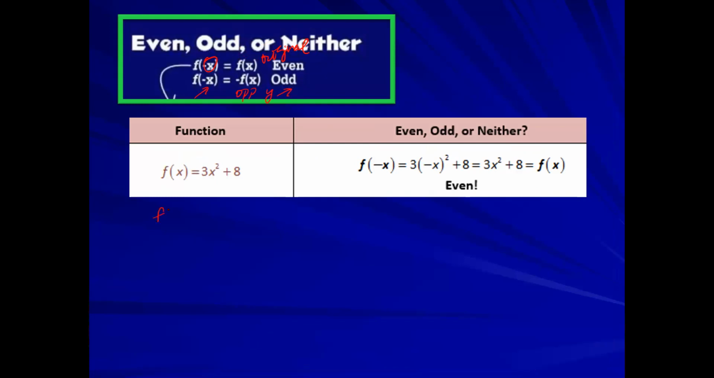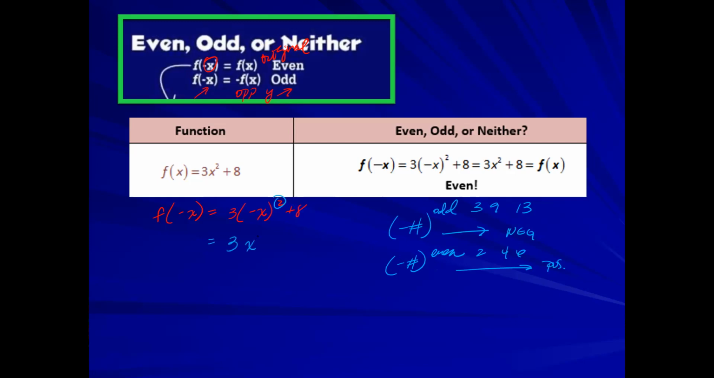So looking at this, let's go ahead and do that. Let's replace the x with a negative x. So I have 3 times negative x squared plus 8. Now remember, whenever you have a negative number, if the exponent is odd, like for example 3, 9, 13, your answer is going to be a negative. Now if you have a negative number and the power is even, like 2, 4, 6, it is going to be a positive number. So looking at this, because it is even, you're going to have a positive 3x squared